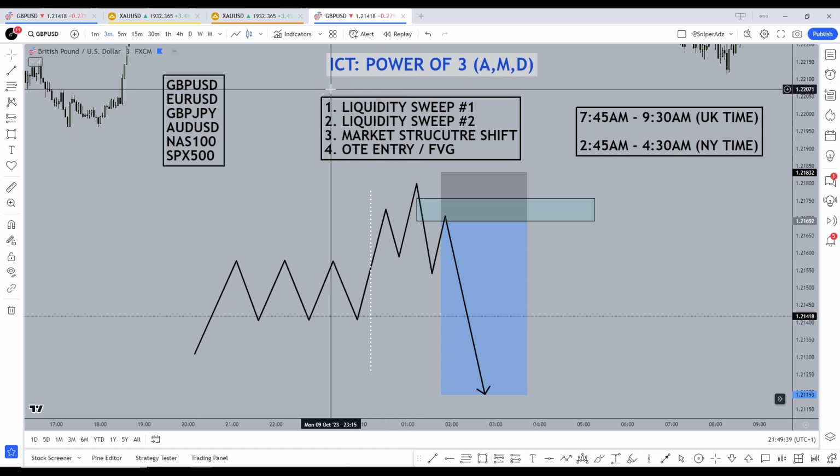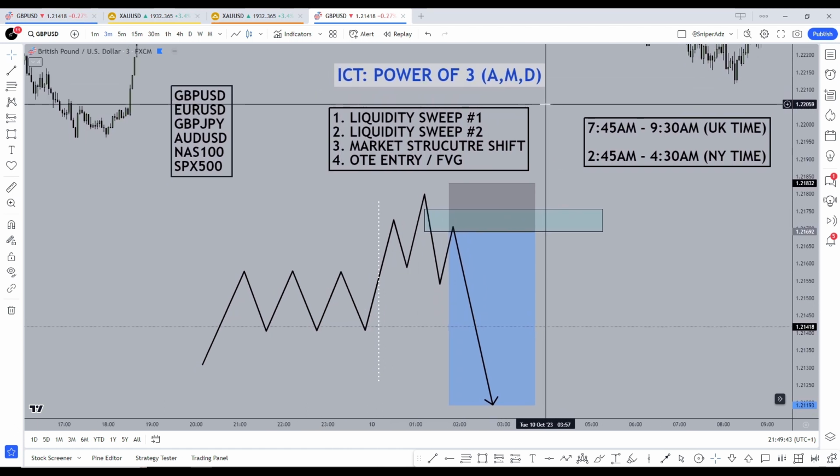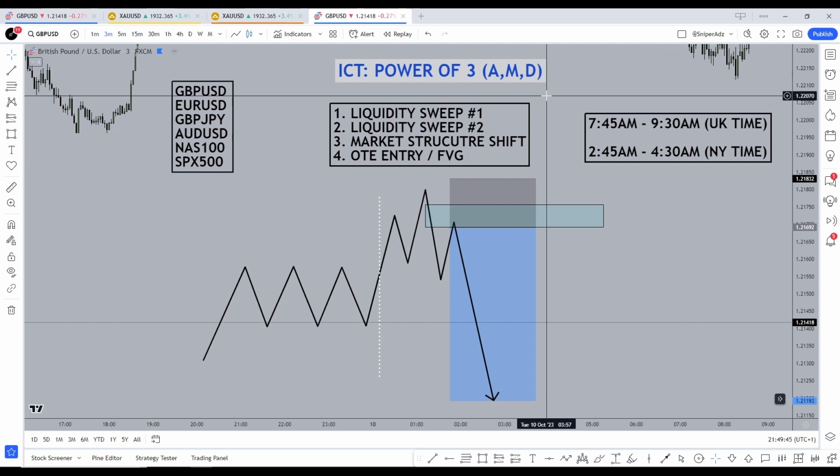In this video, I'm going to share with you ICT's most powerful concept, known as the power of three. It's helped me make thousands of dollars in the market. It's actually helped me become a seven-figure funded day trader. It's my favorite ICT concept to date, but with this one secret adjustment that I've made on the 1 minute